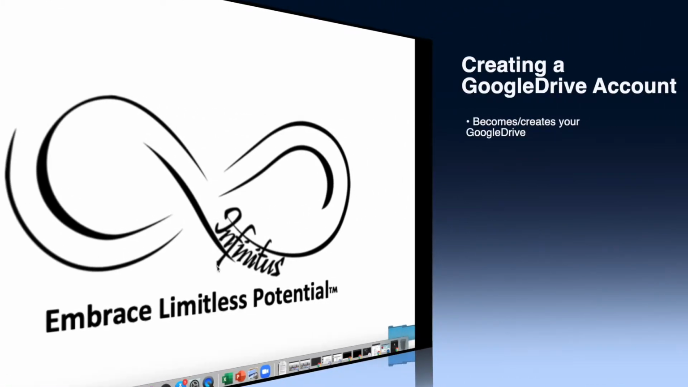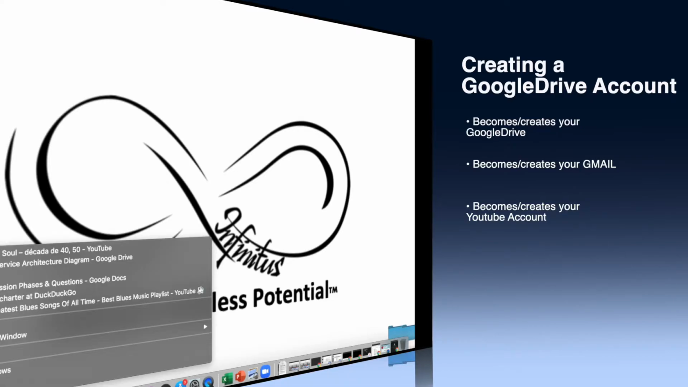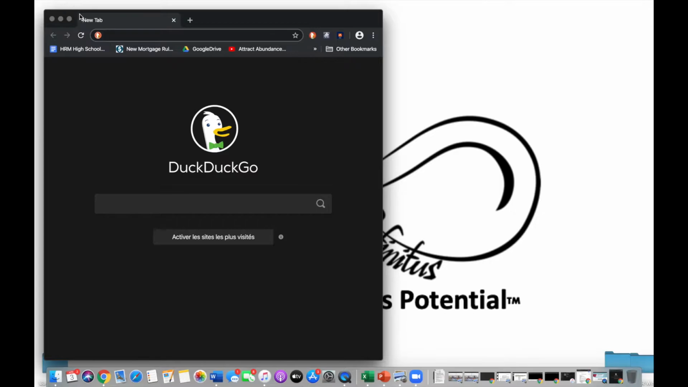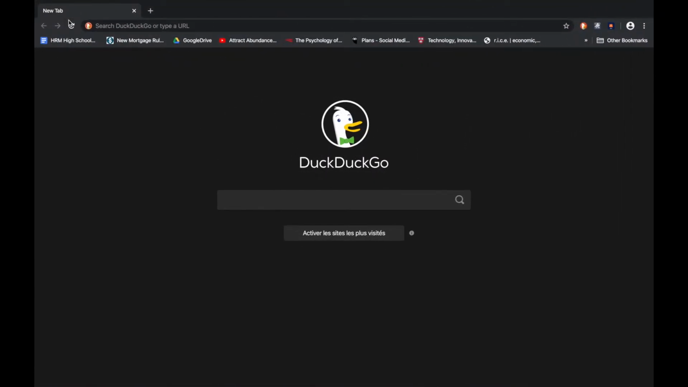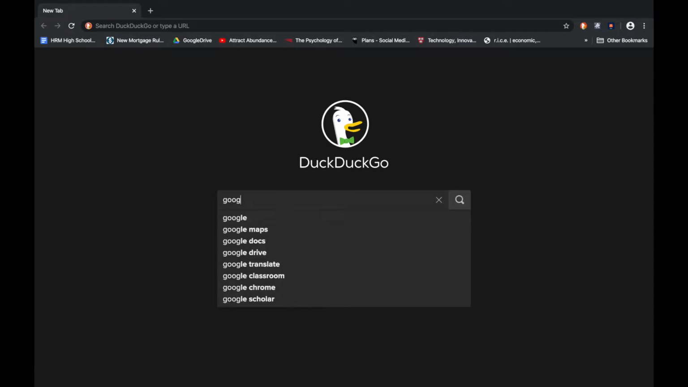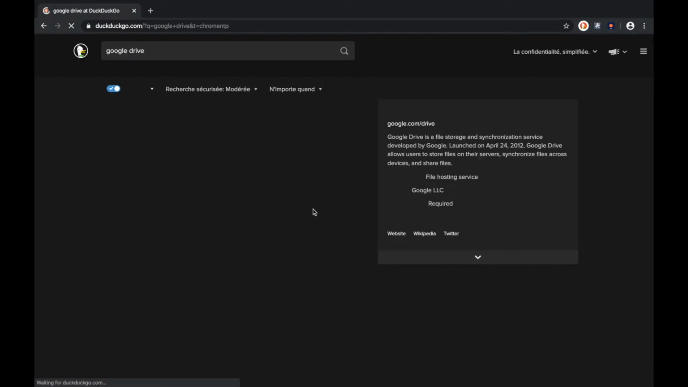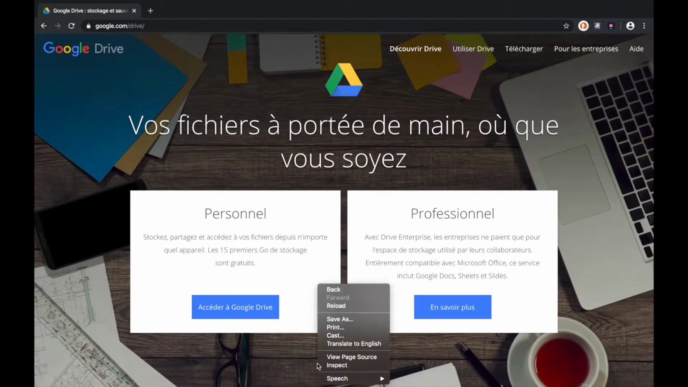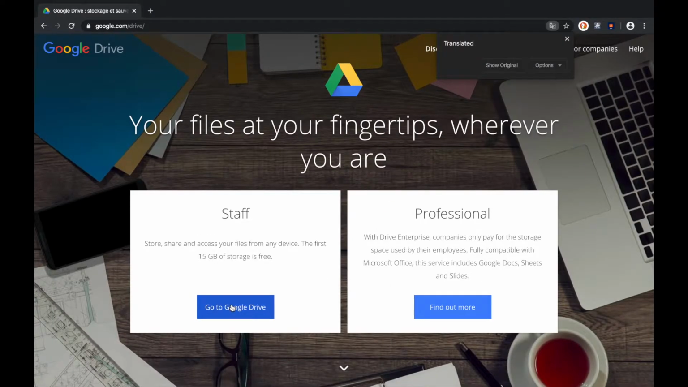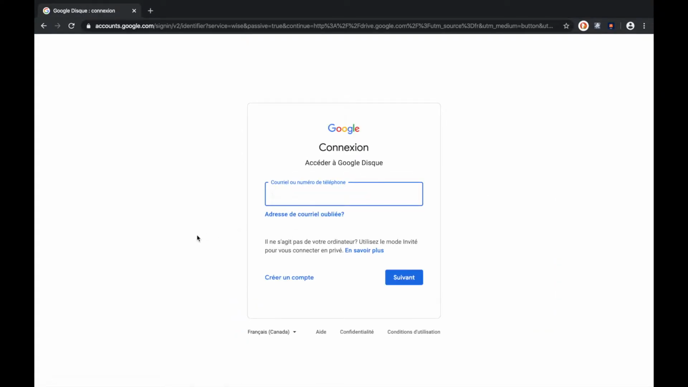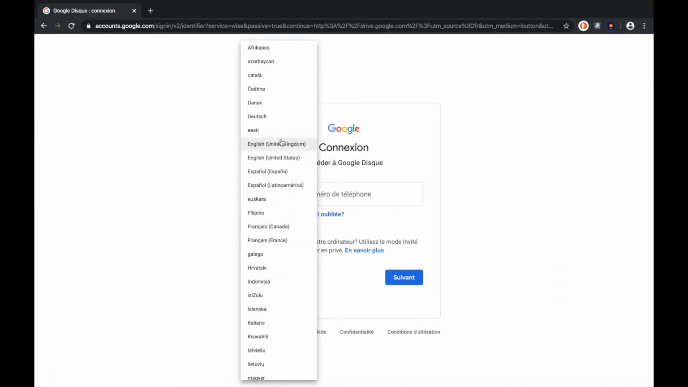So whether you're going to use Safari, Google Chrome, Firefox, or Internet Explorer as your web browser, it'll work similarly. We're going to use Google Chrome because they are all Google products, so it'll be a little bit more convenient. So what we're going to do, go ahead and type in Google Drive. So we want to go to Google Drive, which means we want to create